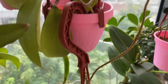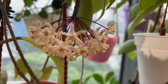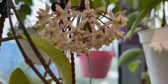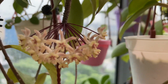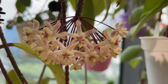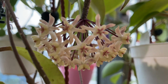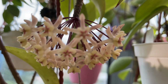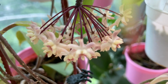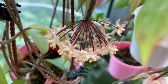And now let's take a look at the neighboring, equally beautiful neighbor, the Uncinata here, that has also fully opened its blooms as well. And as you can see, the blooms are a lot smaller. These are more of a normal kind of Hoya flower size, but the flowers are also exquisitely made. As you can see from here, the shapes are just equally beautiful in my opinion, and I really love the colors as well. The colors are actually pretty similar to